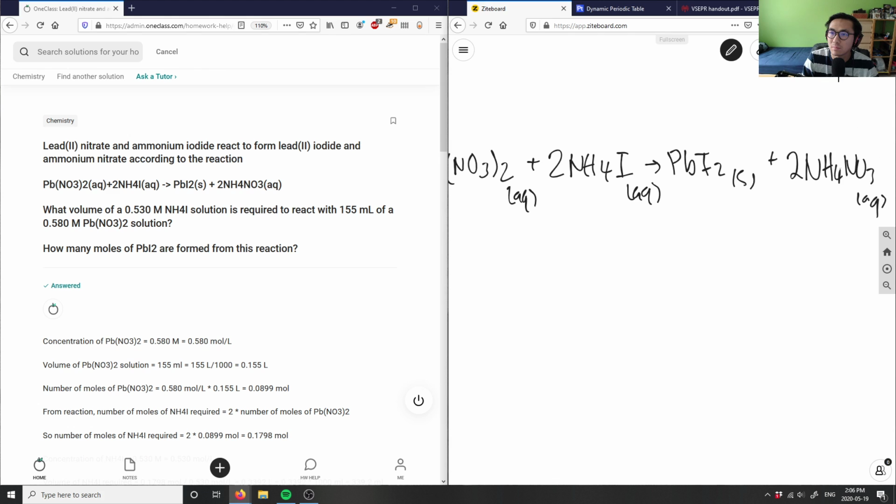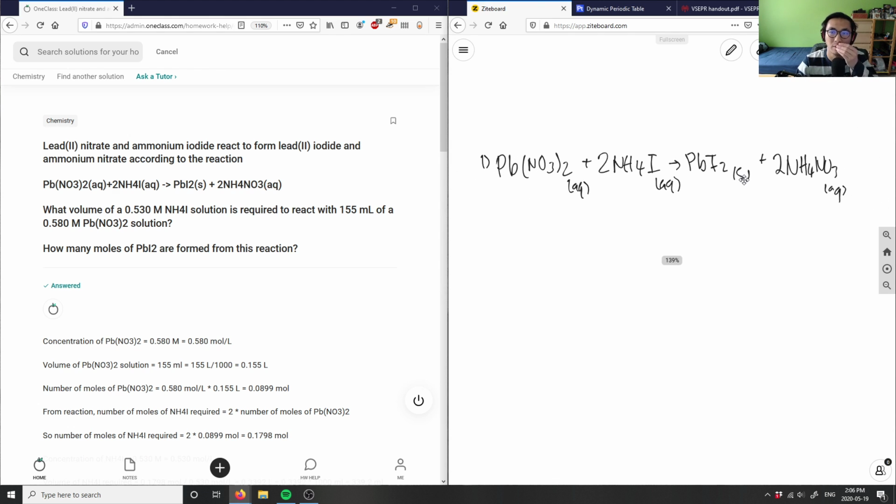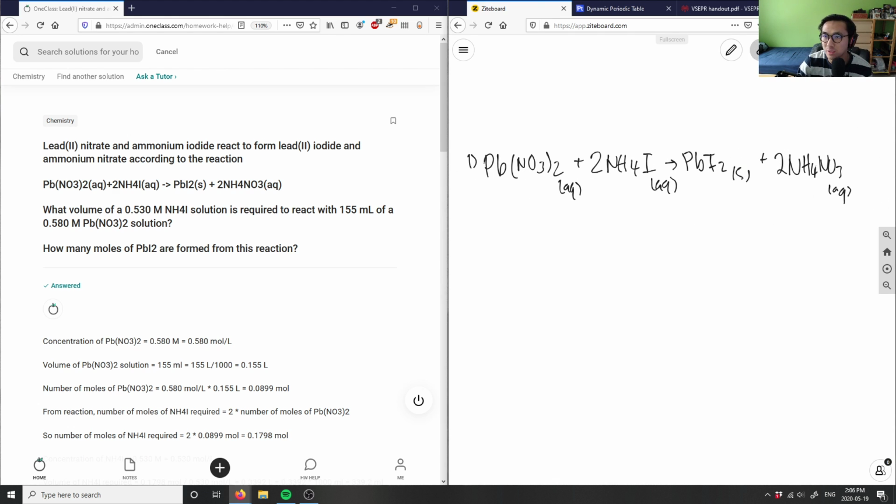Let me zoom out for you. So you have this chemical equation here. It asks what volume of 0.530 M NH4I solution, the ammonium iodide solution, is required to react with 155 milliliters of 0.580 M lead nitrate. Let me write these down here. I have 0.530 molars, and I want to react it with 155 milliliters of